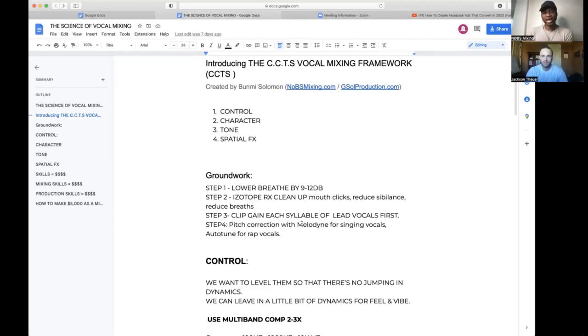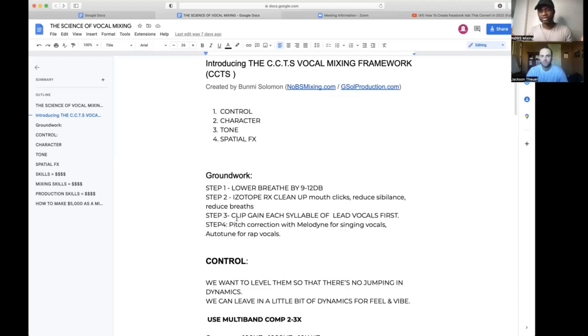And once you're done with that, step 3 is you go through the syllables. You just said earlier that some artists will prefer you to bring out a syllable louder, and do that. So that's what we do in step 3. You go through the whole vocal track, the lead vocal. We're talking about the lead vocal now. So sometimes when the vocal performance is up at a particular stage and it comes down, we want to bring the gain closer to each other.